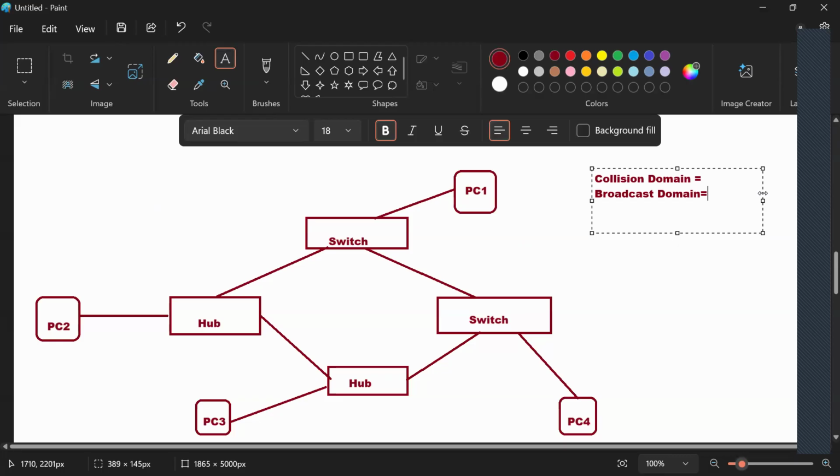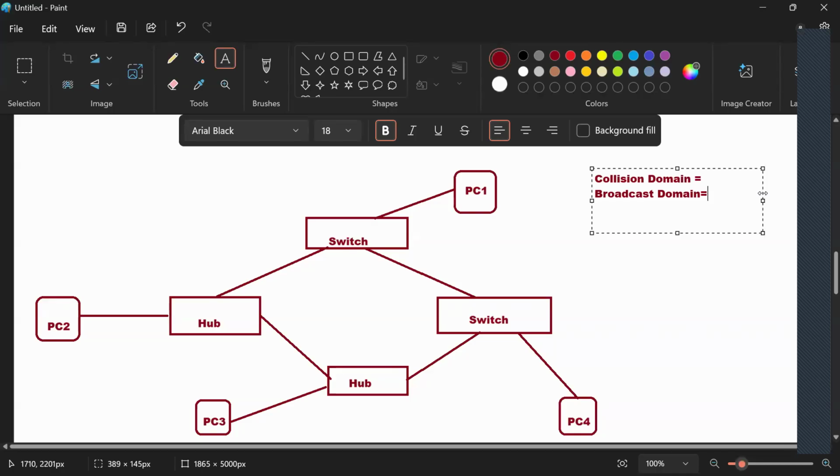Yes, anybody? Broadcast domain. Four collision domains and 7 collision, 4 broadcast domain.